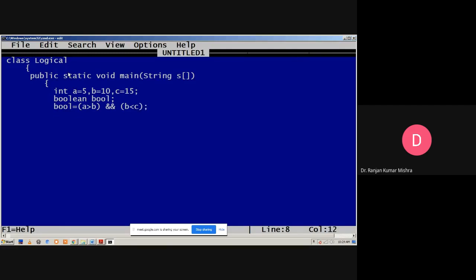Now we display the value, System.out.println, result equal to plus bool. Clear?